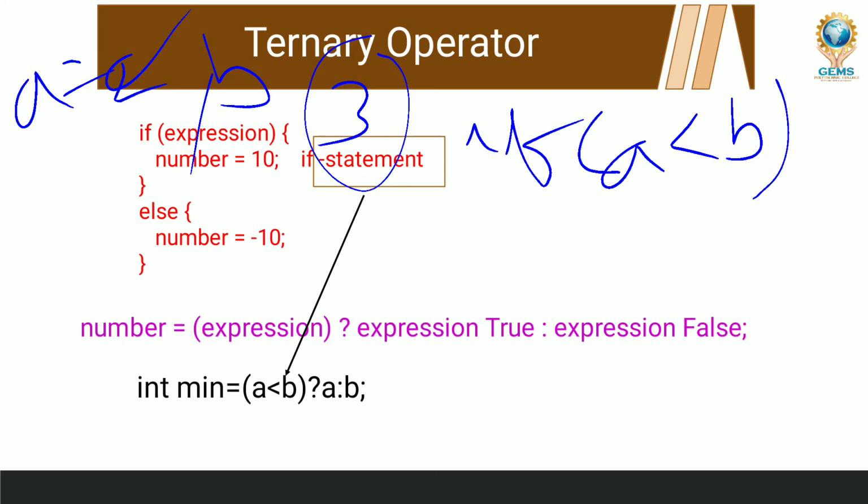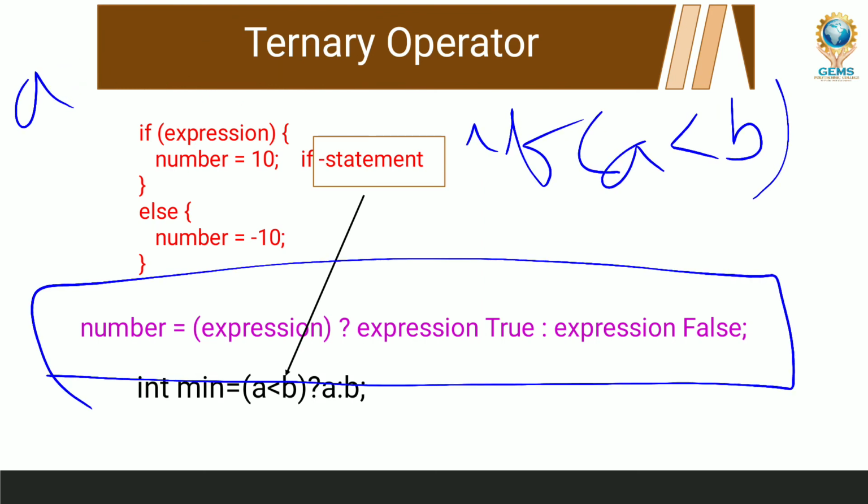Till now I explained the if else with the ternary operator. Now I am going to talk about what will happen when the condition is true, and what will happen when the condition is not true. We will see both of them in a detailed manner. First, just look at the syntax. The syntax is given. What is that? First is the number, equal to expression, expression 1 for true, expression 2 for false.